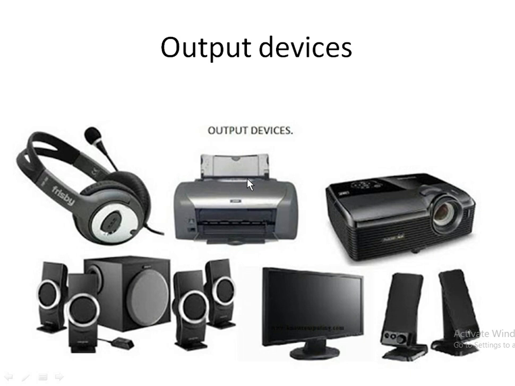In output devices, the input is processed and you get output. If you get audio as output, you use a speaker. If you want to display some picture, or video or whatever it is, that will be done through the monitor, and therefore monitor is output. You can also take a printout. You can take a printout of a photo, or you can take a printout of documents. These are the outputs. You can project the same through a projector, and whatever way you take the output of the product, all of them are called output devices.